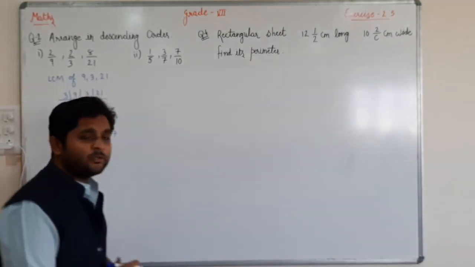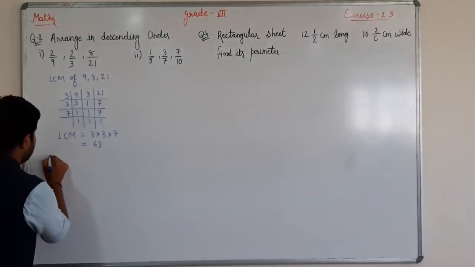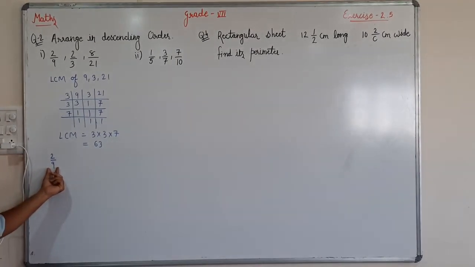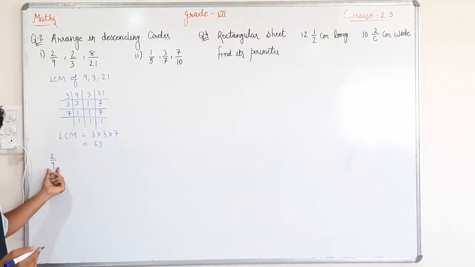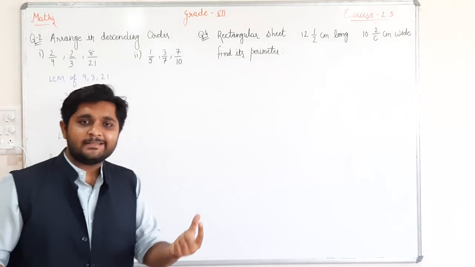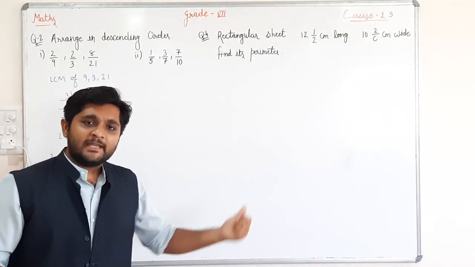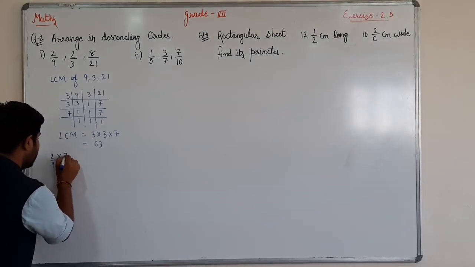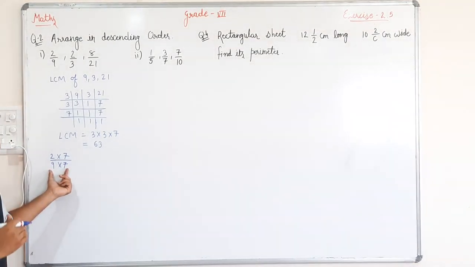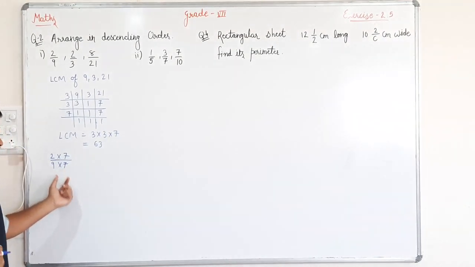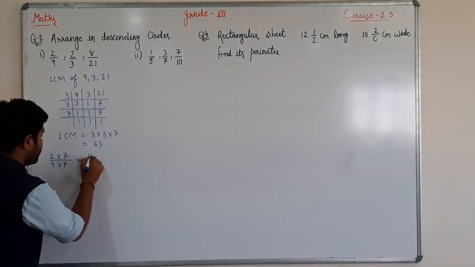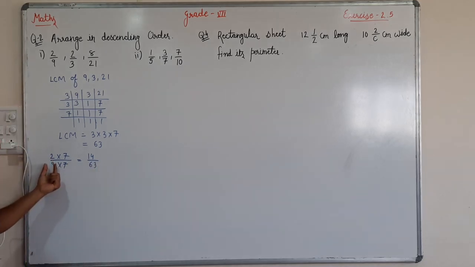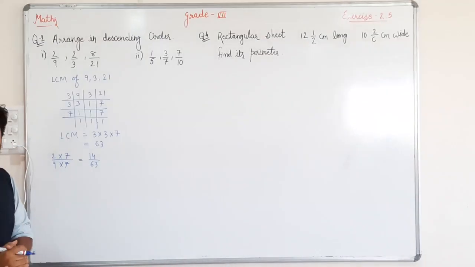Okay, so let me make all the denominators the same. First of all I write 2 upon 9. So by which number do we multiply 9 to get 63? We know that 9 7s are 63. So multiply 9 with 7 to get 63. 9 multiplied by 7, and upside also multiply by 7. Whatever operation we do in the denominator, the same operation we have to do with the numerator. Now 2 7s are 14 and 9 7s are 63. In place of 2 by 9, its equivalent fraction is 14 by 63.